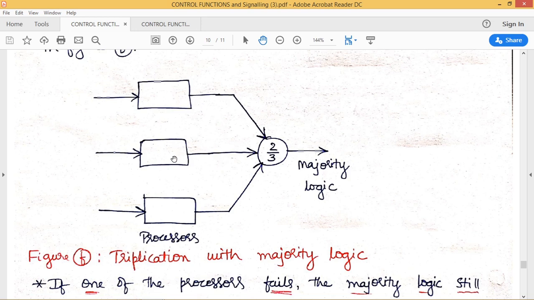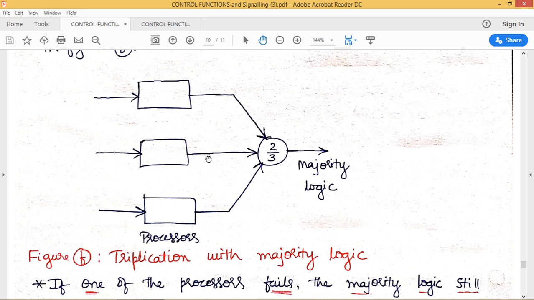If they are producing the same output, in that scenario it will be 3 by 3, and the majority logic selects any one of these outputs, or whatever output is produced by all these 3. That same output will be given out by the system or by the